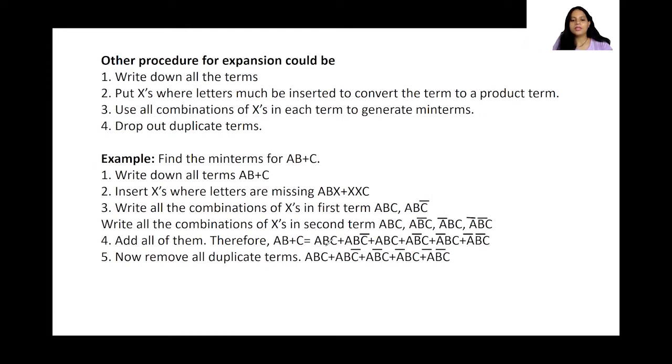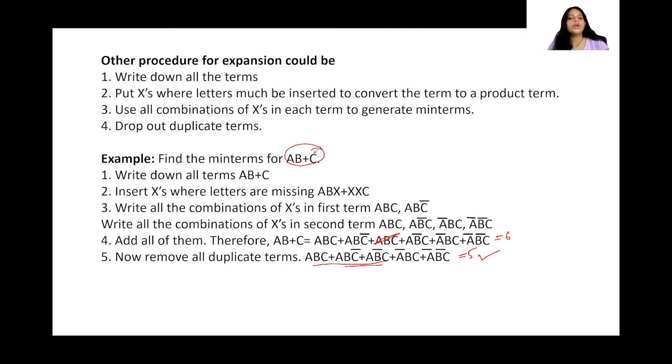ABC is here, ABC bar here, ABC. So this is getting duplicated. So I can remove that. AB bar C, A bar B C, A bar B bar C. So the rest of the things are required. So here we have 6 terms if you see, and here we are left with 5. So finally I'm going to remove the duplicate terms and I am left with this particular expression. Now this is the min term expression of this particular expression. I hope it is clear.